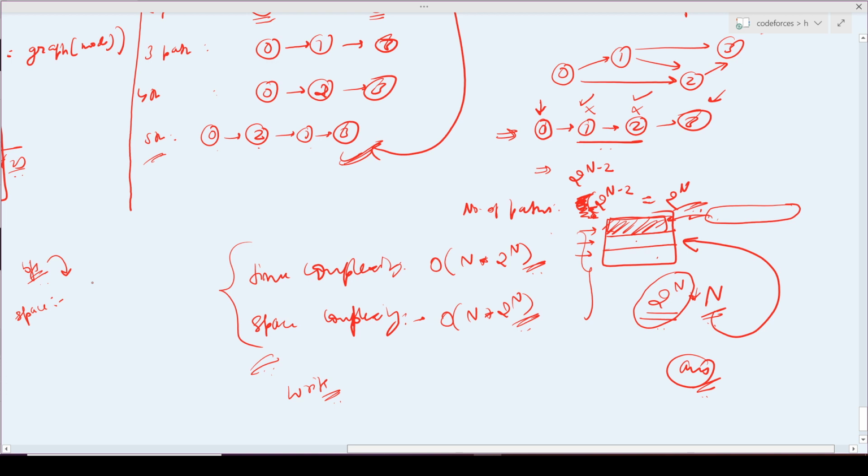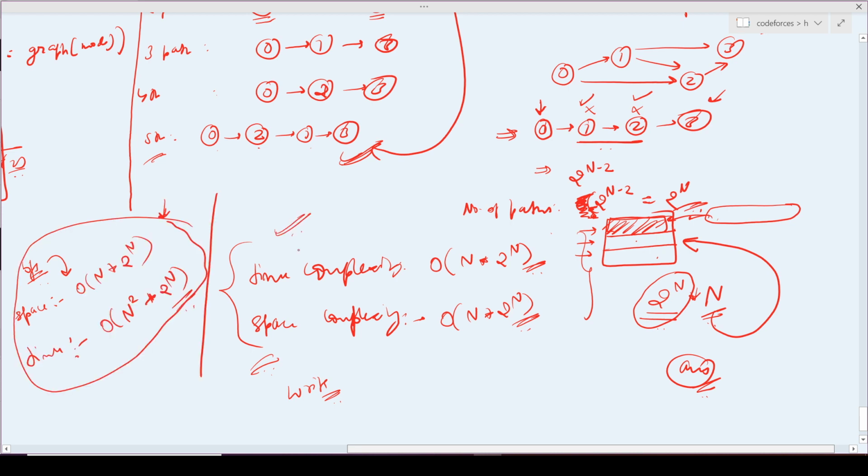So for those who also want to understand this part, they can wait for the further video. But for those who only wanted the solution and the optimal space and time complexity, I'm writing the code for them.